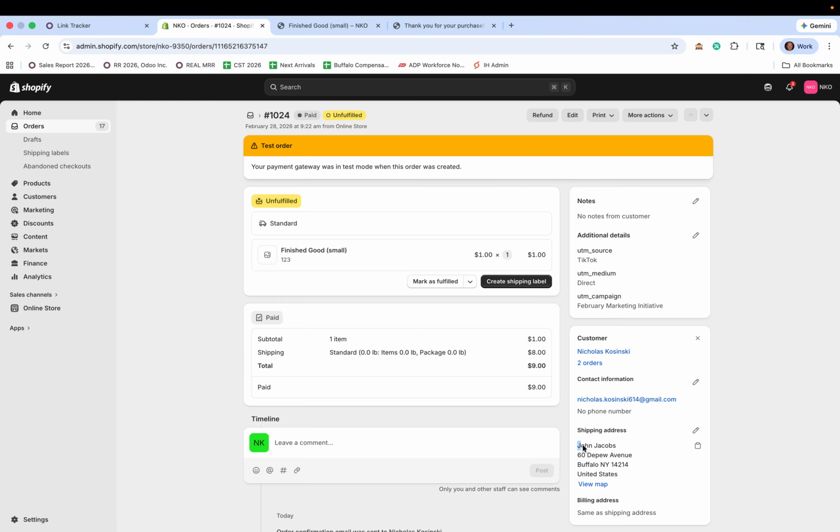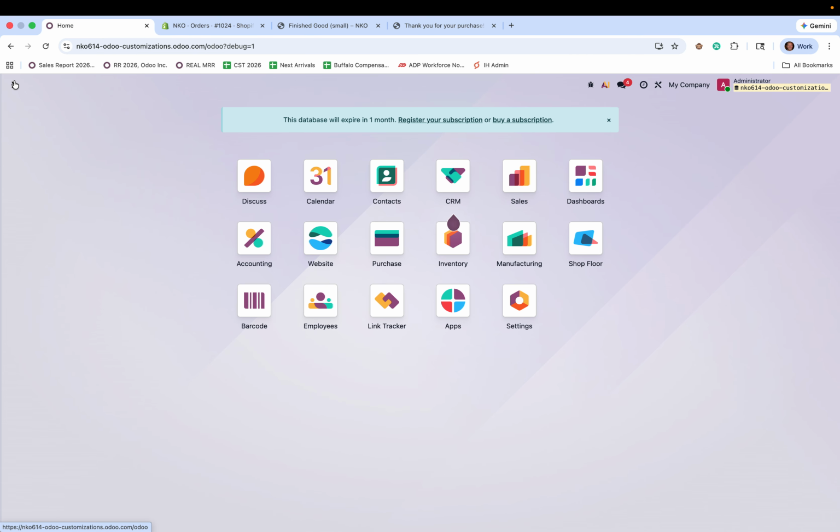And you can see it's going to John Jacobs, 60 Depew. You'll see UTM source TikTok, UTM medium direct, UTM campaign February marketing initiative. And because this information now gets stored here in Shopify, which we did have to make a small customization to Shopify in order for this functionality to work,